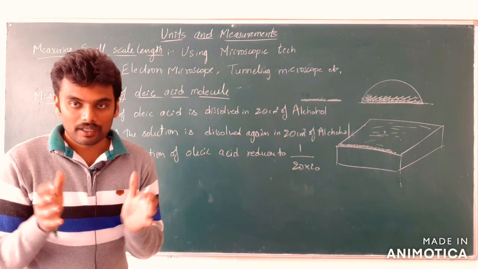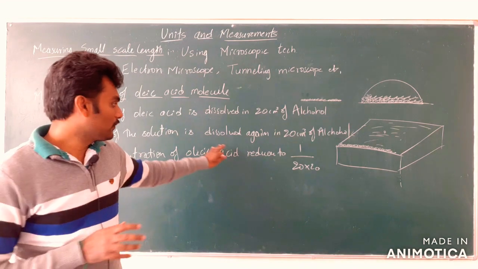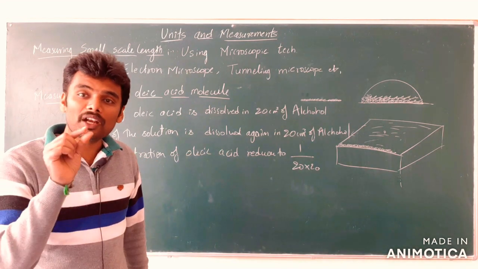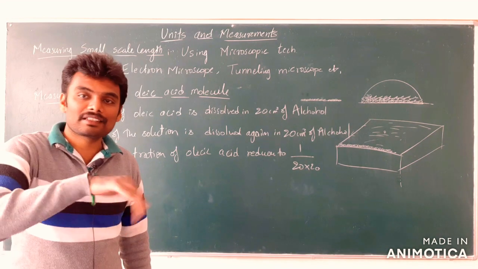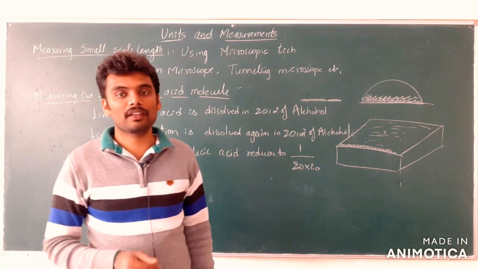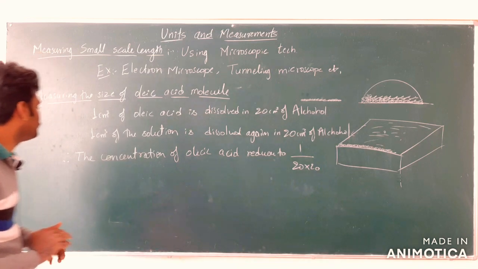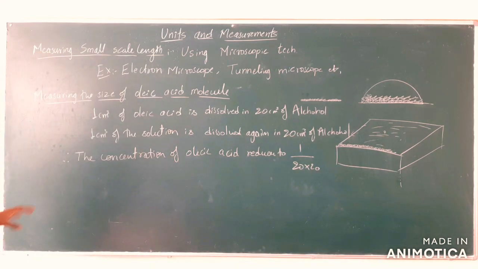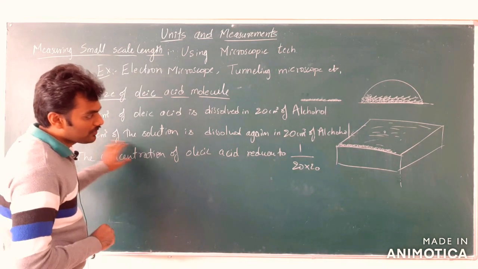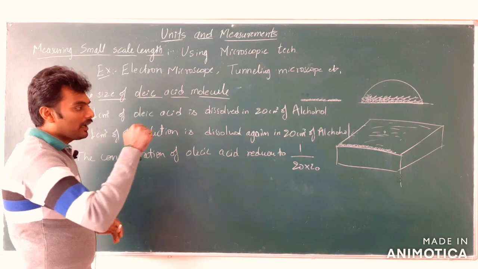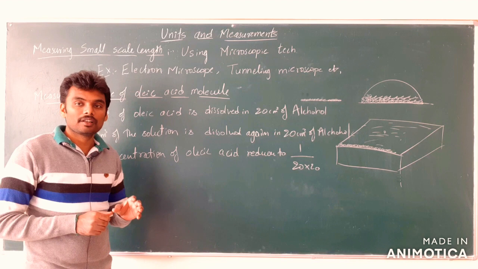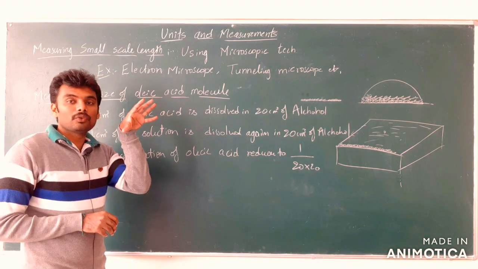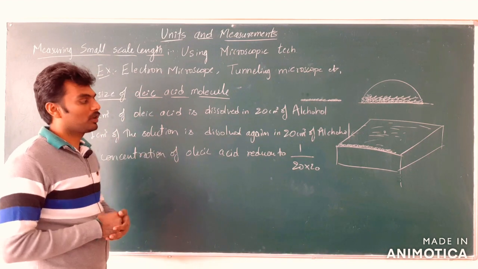If I take 400 ml of this final solution, I can get only 1 ml of oleic acid, and everything else is alcohol, but it is completely dissolved. Okay, so that is how it is. Now, we will take this final dissolved solution and put that on top of water. Now, we can measure the quantity of oleic acid that we are putting on top of water.